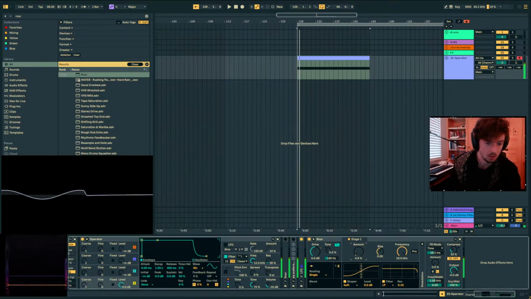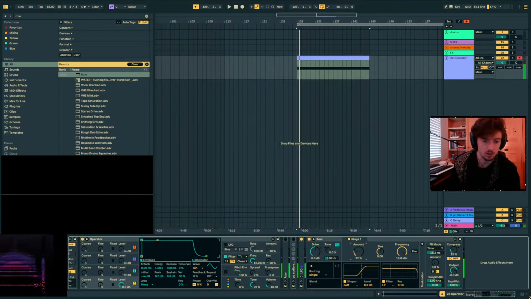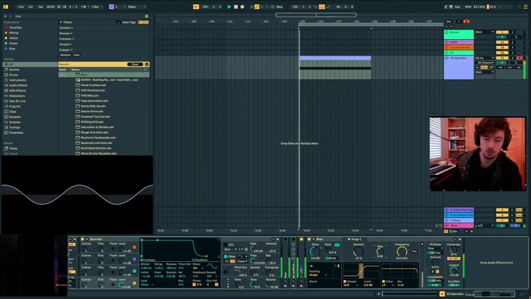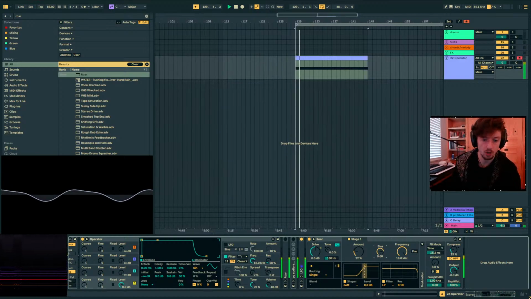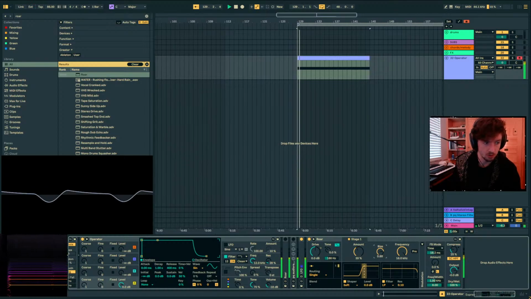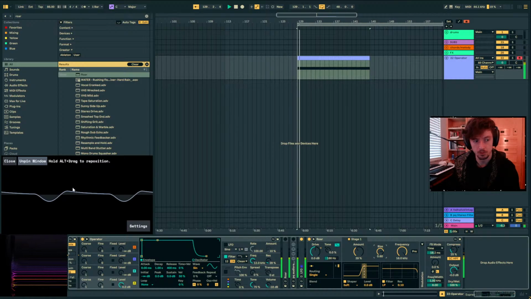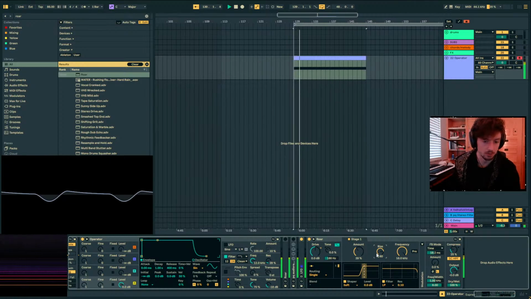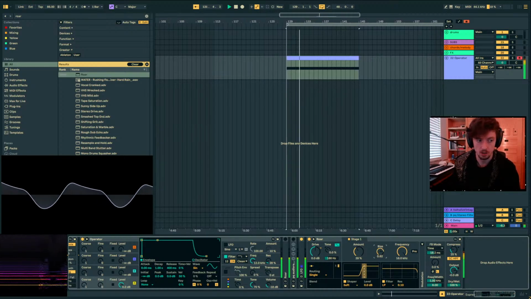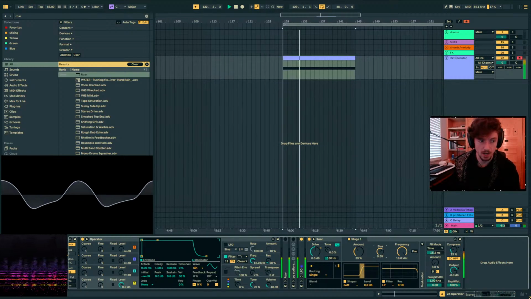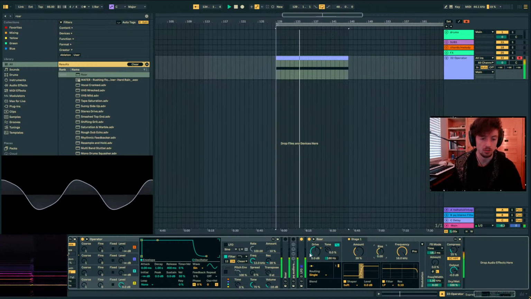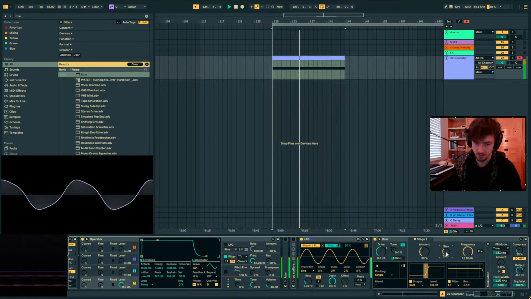So maybe I should not even explain this because no one's even in the stream yet, but basically, you move this bias around. When the bias is up here to the top, it starts to flatten out everything above the zero crossing. And if it's on the other way, it starts to flatten out everything below the zero crossing. So that means if you wobble it back and forth, it starts doing some stuff. So if you take an LFO, you put this on the bias,